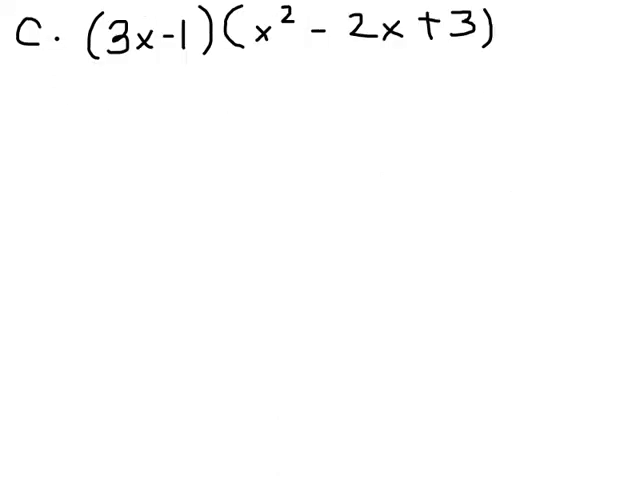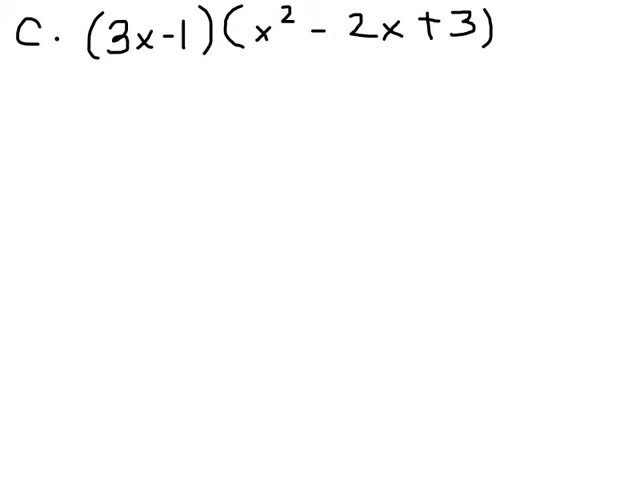Okay, let's do this one. Looks different, looks more complicated, but it really is not. We're just going to multiply this term by this, and this term by this, and this. Alright, so 3x times x squared is 3x cubed, and 3x times negative 2x is negative 6x squared,